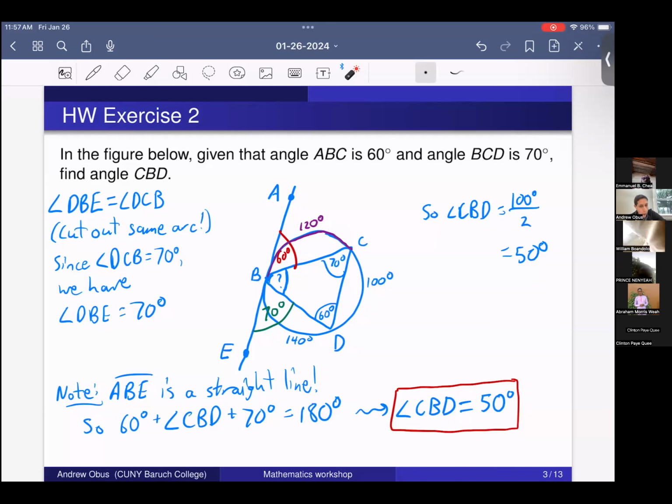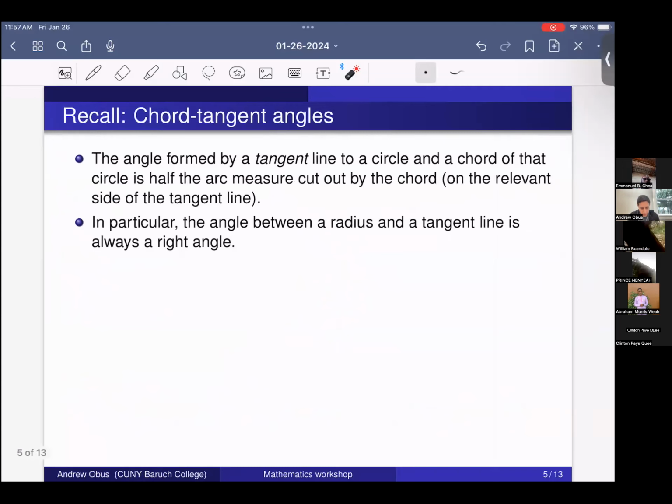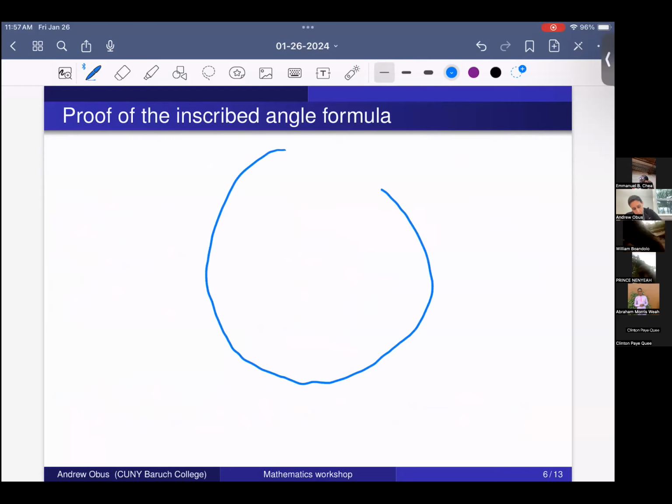Okay. All right. So let's move on just so we have enough time to do our new thing. So we recalled this. This is fine. I want to give one proof, because this inscribed angle formula is a very nice formula, and I think it looks like magic, and we should give a proof. And the proof is not that hard once you realize what's the correct